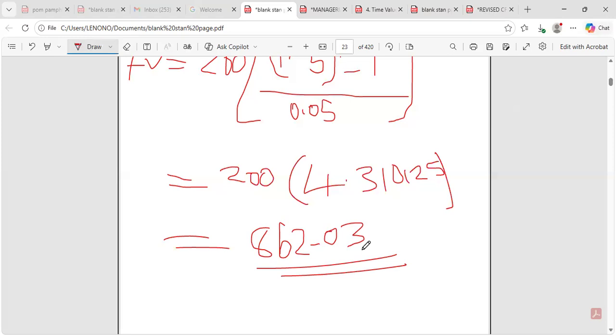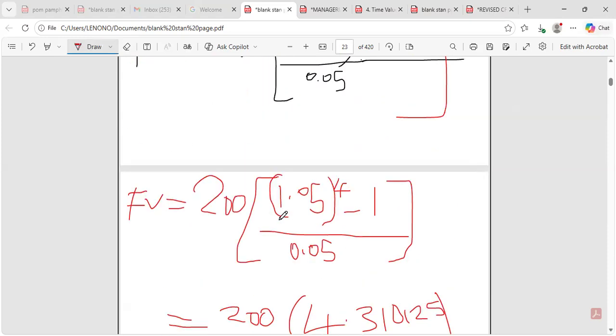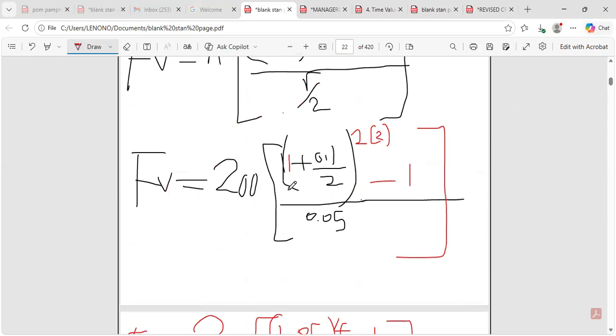All right, so this is what is going on as you are looking at this kind of question. It's just about which formula to use, because time value of money is very cardinal in terms of